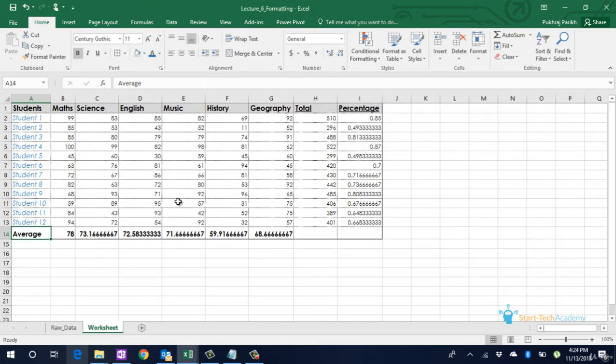Next thing that we will do is we will align our text. So we will first select all the headers that we have and align them centrally. Right now, if you can see the total column, the total is written on the left hand side. This is because it is left aligned. If we align it centrally, total will move to center. Now we will select student names and we will align them to the right.